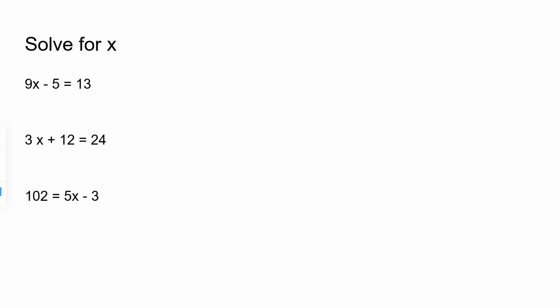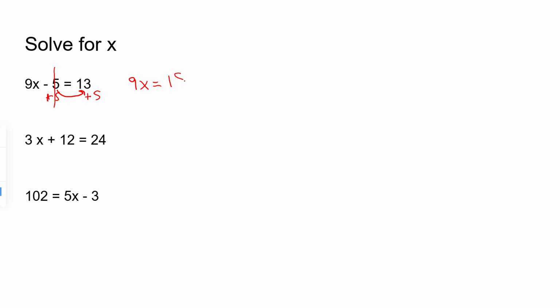So here we're combining addition or subtraction with multiplication. I'm going to go through the first one, and then you guys can pause the video and go through the next ones. So the first one, 9x minus 5 equals 13. The first thing we have to do is get all of the plain numbers to one side of the equation. So we're going to move this over to this side of the equation. In order to do that, we have minus 5. We're going to add 5 to this side, and that eliminates the 5 here. Because we added 5 here, we have to add 5 here. So that becomes 9x equals